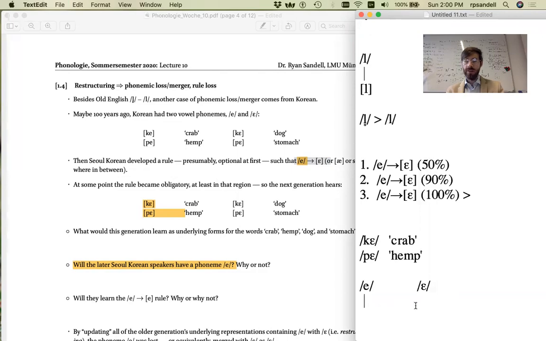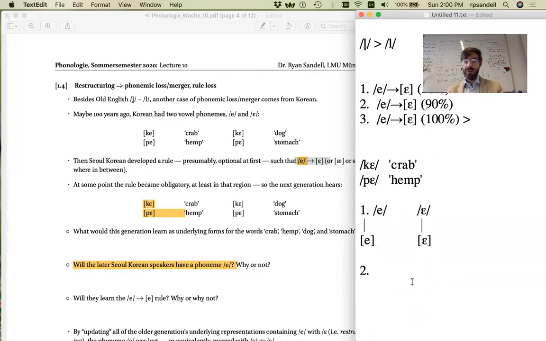let's actually say this: in the first stage of the language, the two phonemes had completely distinct allophonic distributions. They each only had one allophone. So let's call this stage 1. At a later stage, the optional mid-vowel laxing rule, let's call this rule A, laxing rule, comes to apply, and this will then change the phonemic